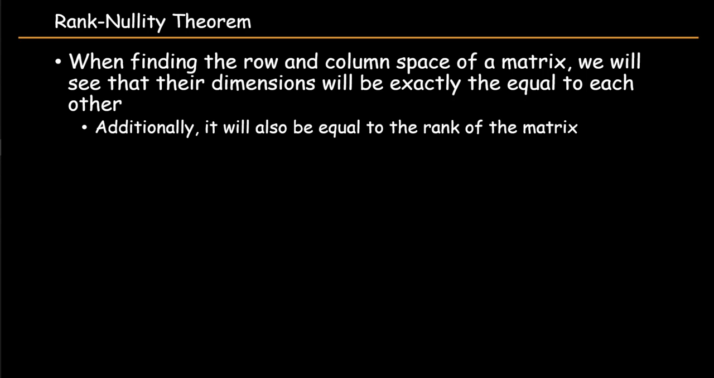So if you have two non-zero rows, that means there have to be two pivots. So that means the dimension of the row space is equal to the dimension of the column space, because the number of pivots and non-zero rows are the same. We will also see that it is equal to the rank of the matrix, because if you recall in one of my linear shorts videos,